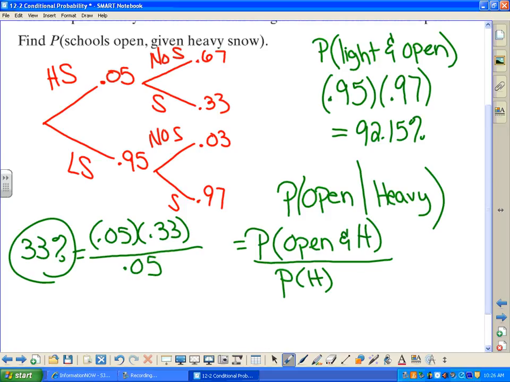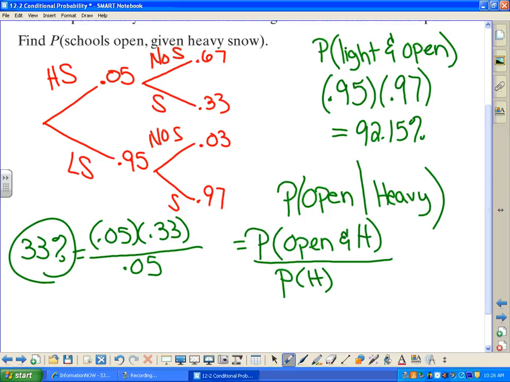Sometimes you can. On this one, it limited us to the heavy. So I know that heavy snow has occurred. So from this point, what are the chances that school is open? 33%. Okay? It's not always quite like that. I think I've got another one on here